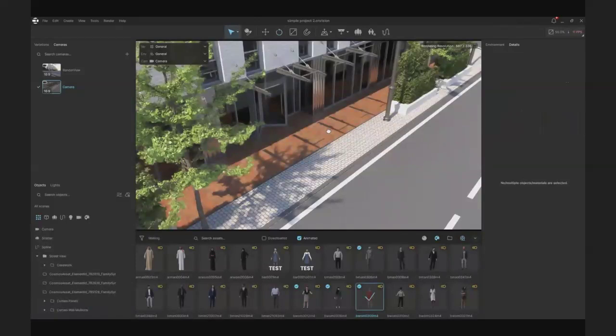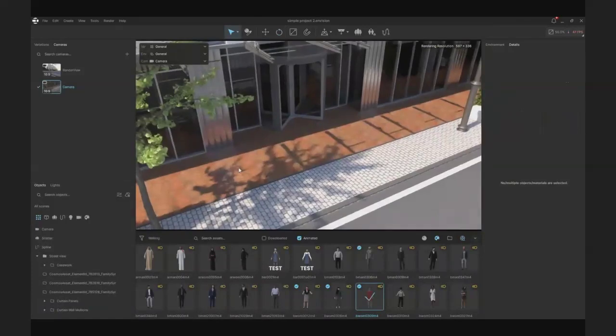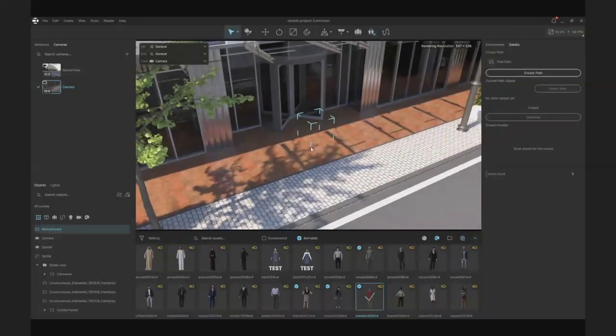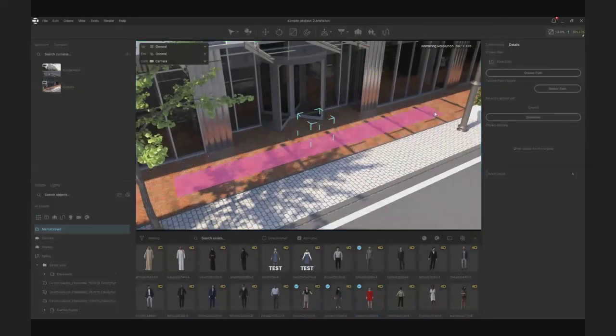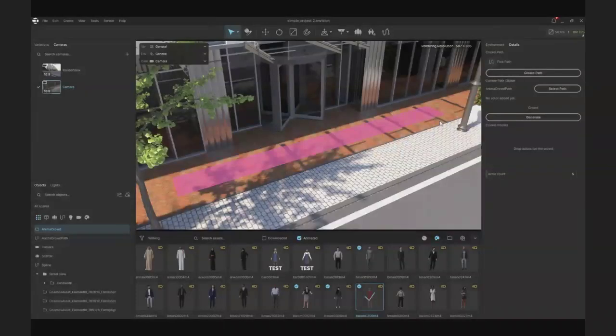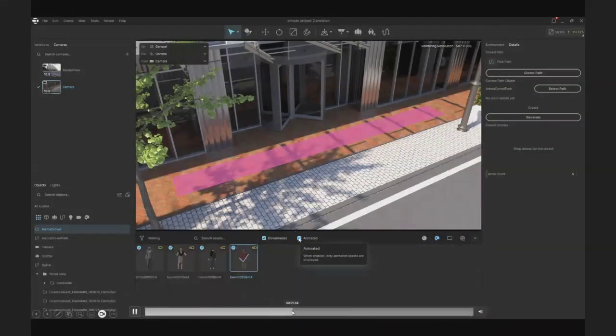We can have animated crowds of people as well. Just need to select the crowds option, which is in the top view toolbar. Then we need to create a line or select an existing one, and then drag and drop animated people from the Cosmos library. We'll skip these parts because I think we have some time.